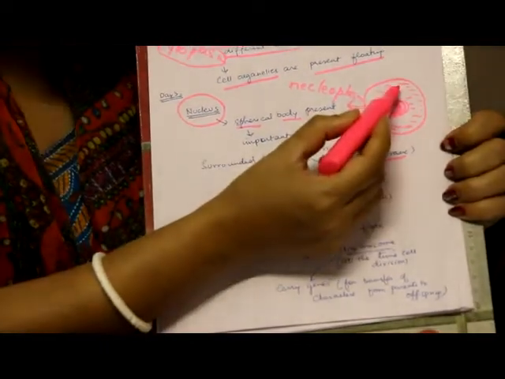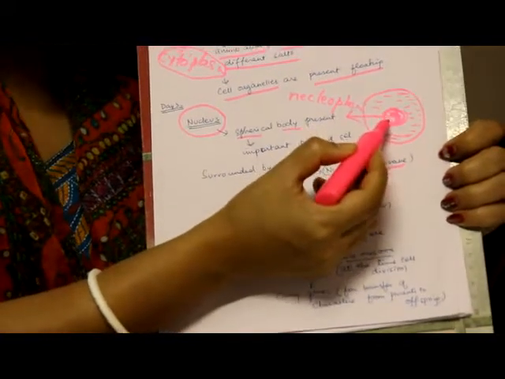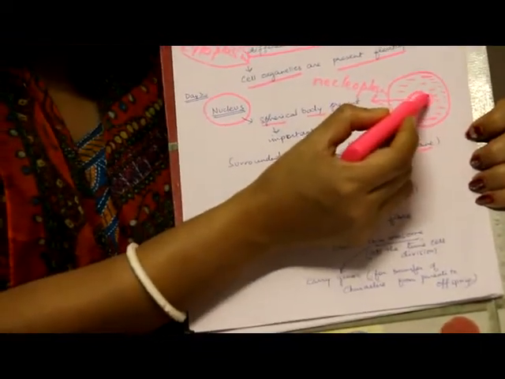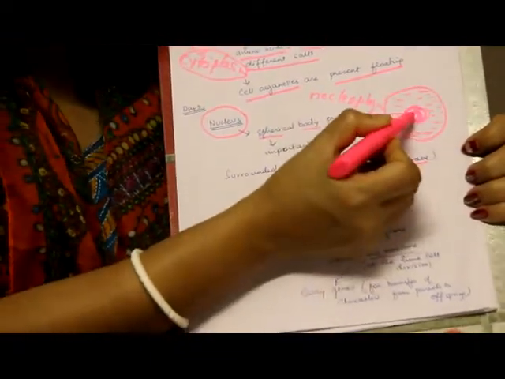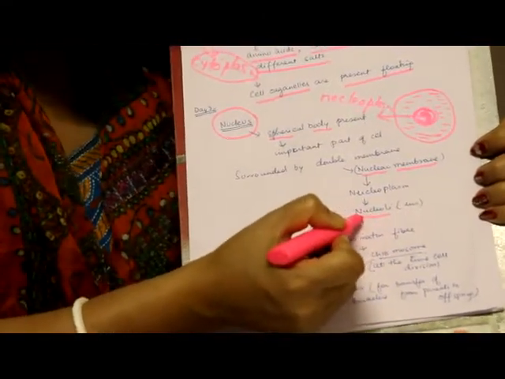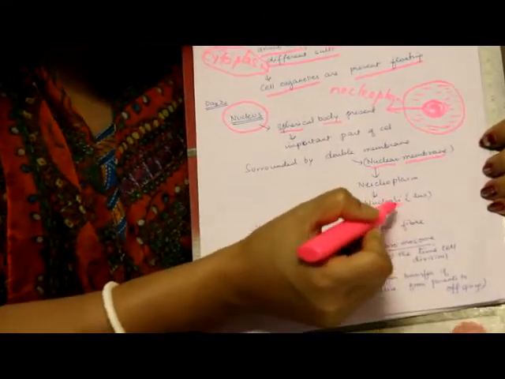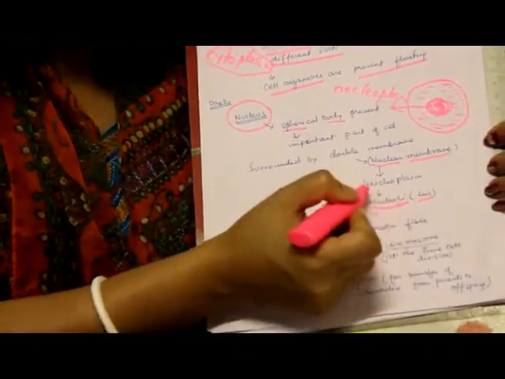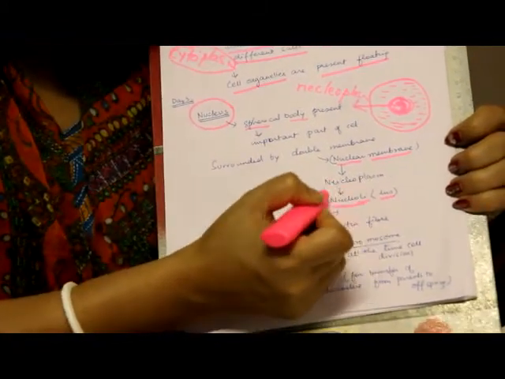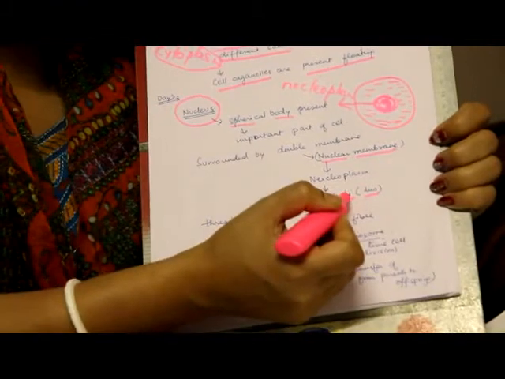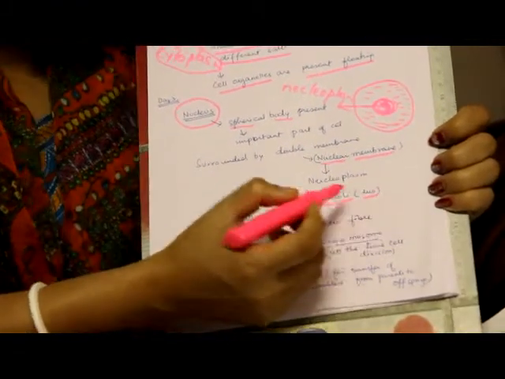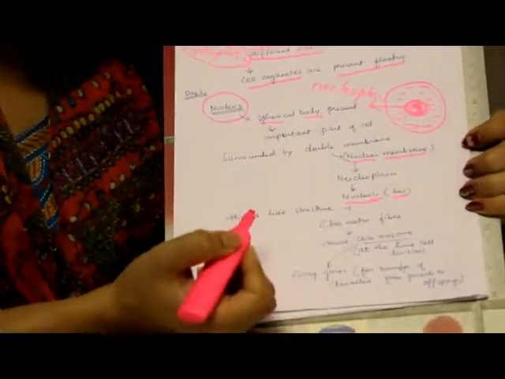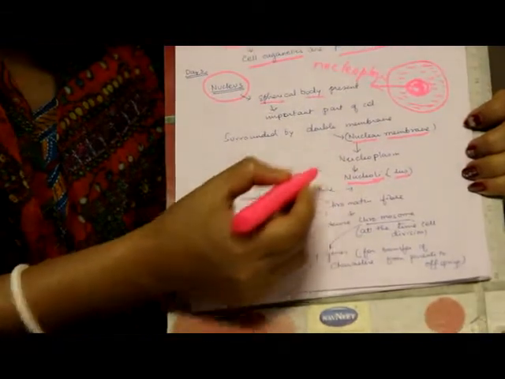Nucleoplasm. Outside is cytoplasm, inside of the nucleus is nucleoplasm. This nucleoplasm has a very dark, particular structure which is known as nucleolus or nucleoli. Li means many, lus means one. So a particular cell nucleus can have many, which we consider as nucleoli, or it might have a single one, that is known as nucleolus.